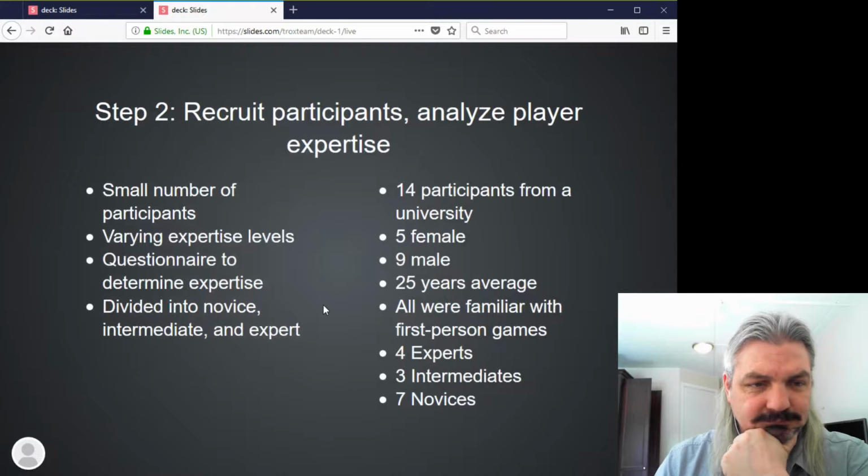So step 2 is to recruit participants and analyze player expertise. For this method, it's best to have a small number of participants, as you have to do quite a lot of interaction with them and do interviews and have in-depth talks with the people. So having a lot of participants